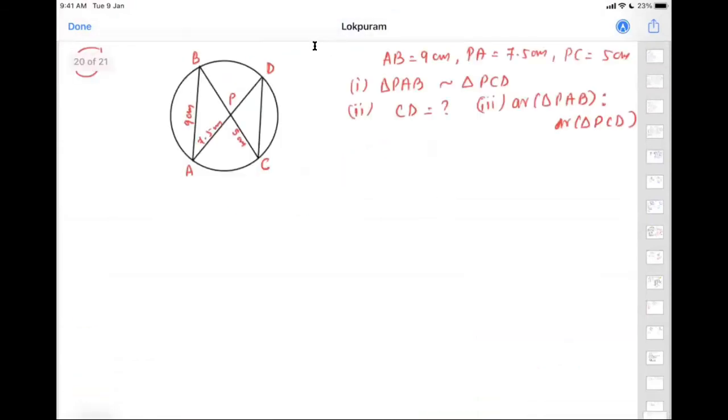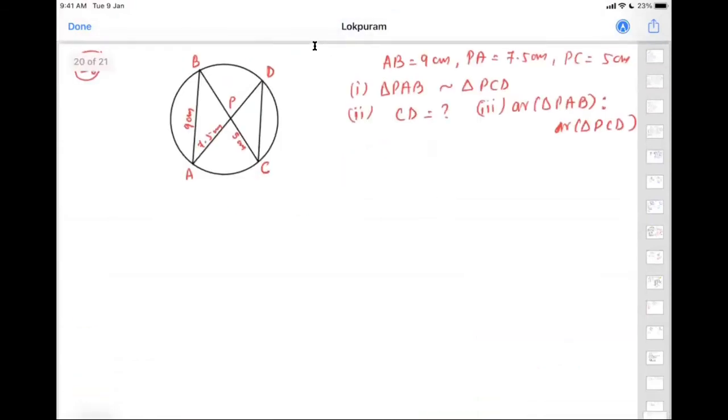Next question I will do fully क्योंकि इसमें भी area theorem है of similarity. The one I have skipped now, it is very similar to this question. So here first part में we have to prove triangle PAB similar to triangle PCD. So I will consider in triangle PAB and triangle PCD, angle PAB, we can write angle PBA.